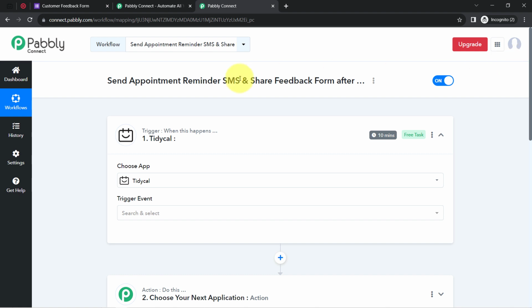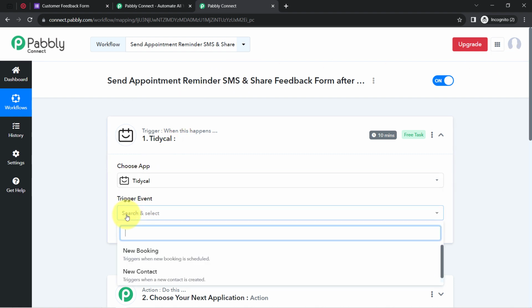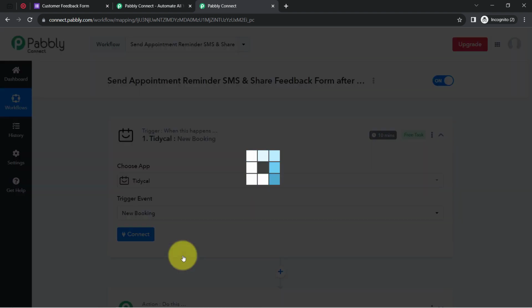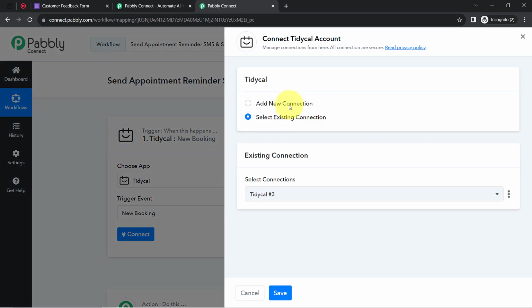So let us first connect this TidyCal with Pabbly Connect. I'll be selecting this trigger event, that is new booking. You can also read the instructions: triggers when a new booking is scheduled. So yes, I want to perform the same, clicking on connect, clicking on add a new connection,